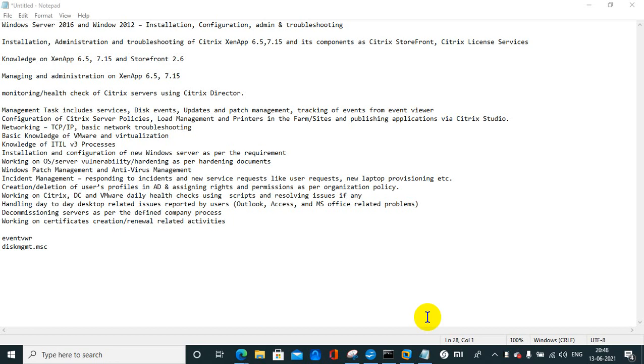Okay, so for patching, it depends upon which technology you are using. There are three methods in Citrix: PVS, MCS, and others. In case you are using PVS, you need to update the patches on the PVS master disk and then push it to the Citrix servers.